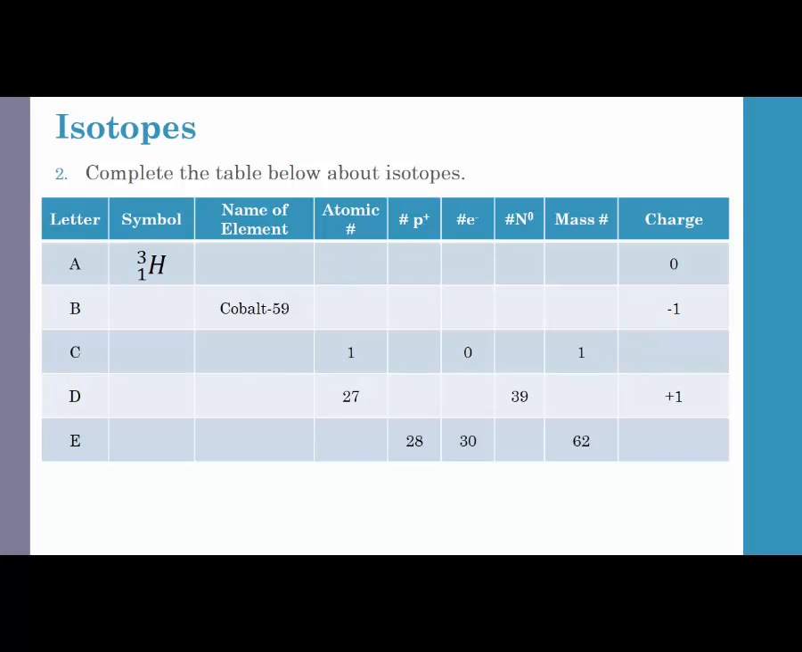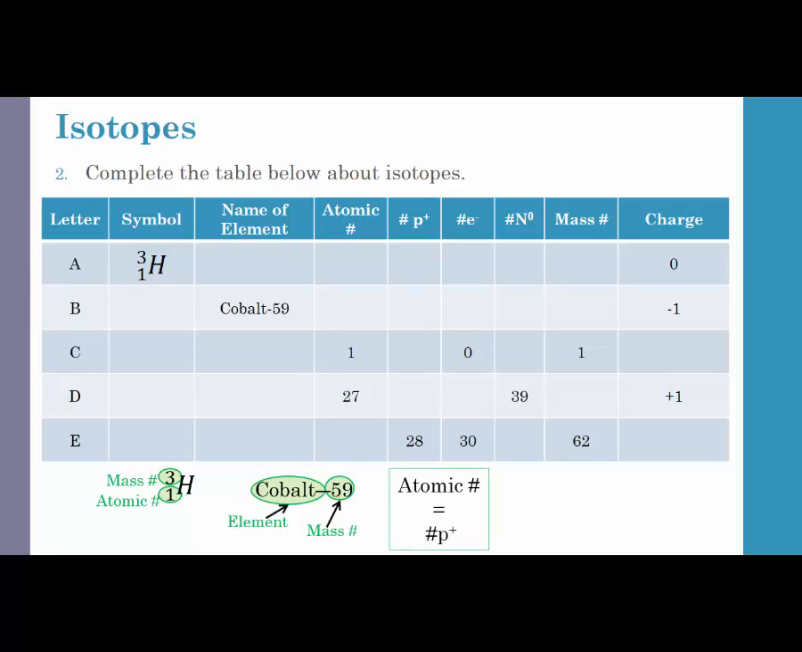The table here is about isotopes. Based on the information that we have, we can fill out the rest of the table. First, when we see an element written in isotope notation, the number on top is the mass number, and the number on bottom is the atomic number. We also might see it written out as a name, in which case the element is followed by its mass number. The atomic number is equal to the number of protons, while the mass number is the sum of protons